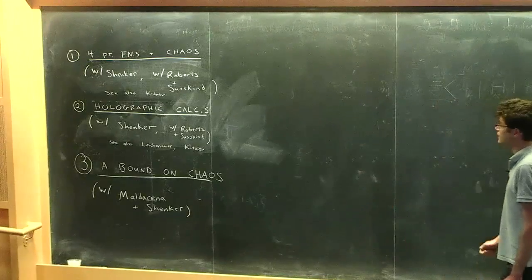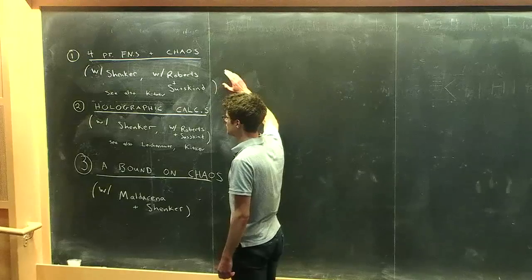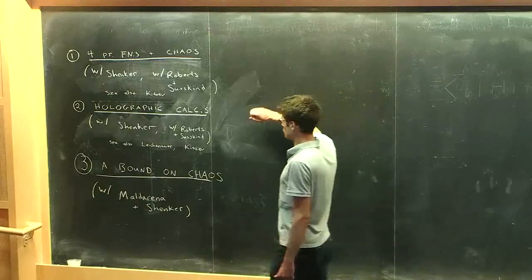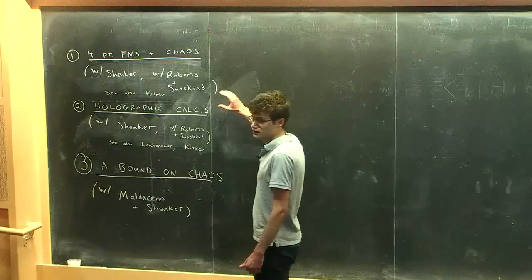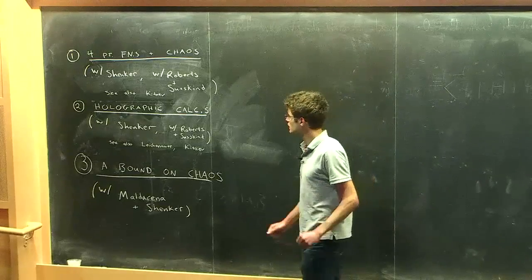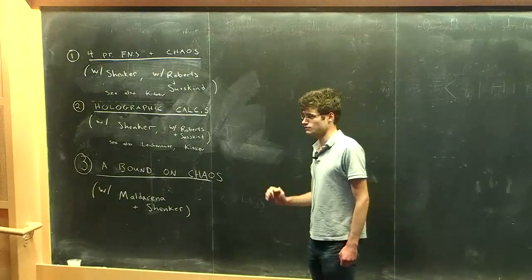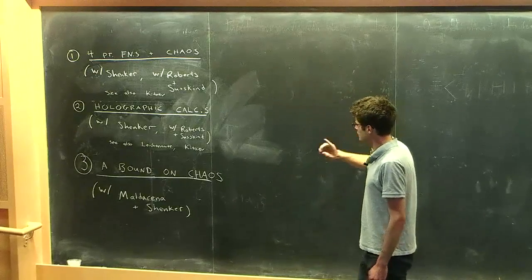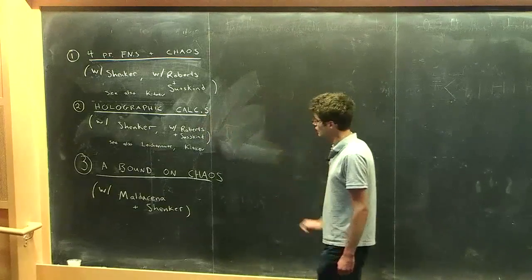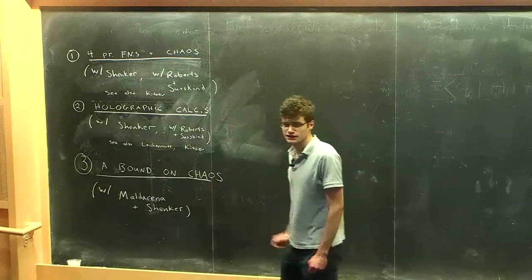All this stuff is based on collaboration. The first two parts are based primarily on collaboration over the past couple years with Steve Schenker. I'll also draw on some work with Dan Roberts and Lenny Susskind. I'd like to point out that Alexei Kitaev has been working on related things. We heard a very nice talk from him last week, and I look forward to hearing more as the entanglement program develops. And Stefan Leichenauer, who's also here, has done some holographic calculations of this type. And the third part is based on a recent paper with Juan Maldacena and Steve Schenker.